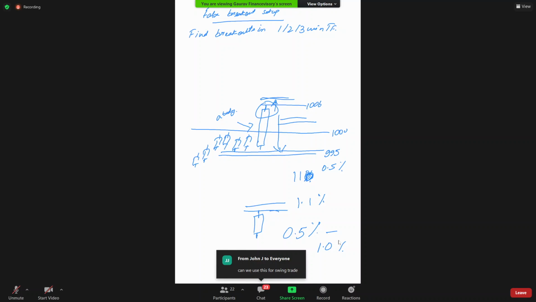Can we use this for swing? Yeah, of course, I use this for swing. Once a breakout happens, sometimes when I get too excited, I take entries. And if I don't get too excited, I wait for a pullback. And if the pullback is not done, then I will regret. So maximum of the times I take entries after the breakout candle stop is taken out. For swing, 45 minutes is not there in trading view. 45 minutes is there in Zerodha.